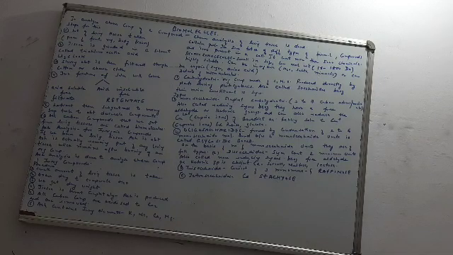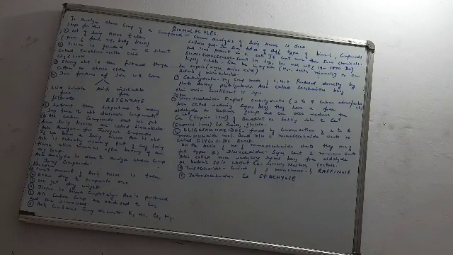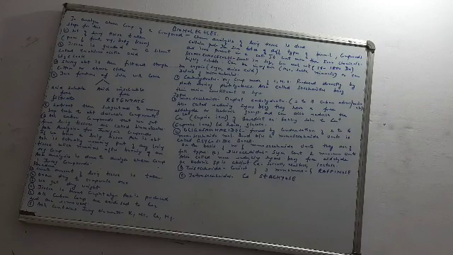Moving on to the second type of saccharides, they are called oligosaccharides. Oligosaccharides are formed by the condensation of 2 to 6 monosaccharide molecules. Like in polymerization, you remember we have monomers, exactly the same over here. Many monosaccharides will combine together, 2, 3, 4, 5 or maximum 6, and this leads to the formation of what we call oligosaccharides.